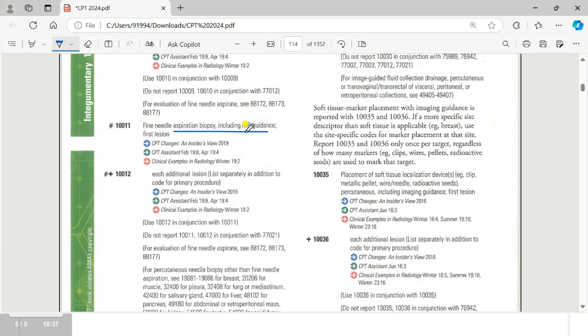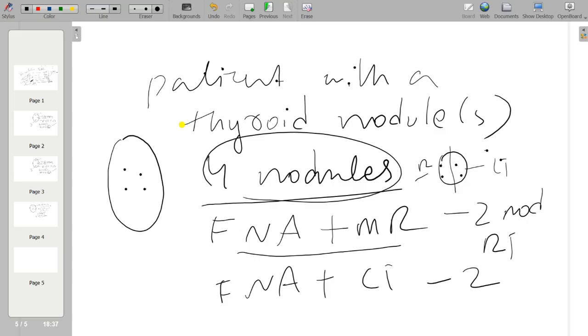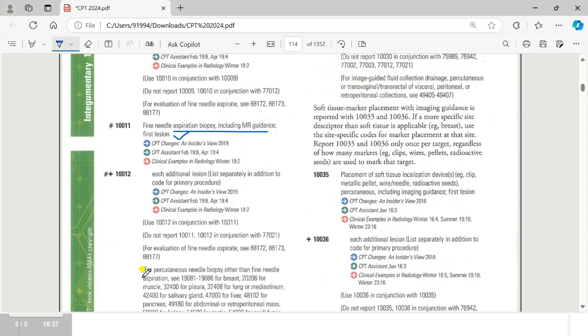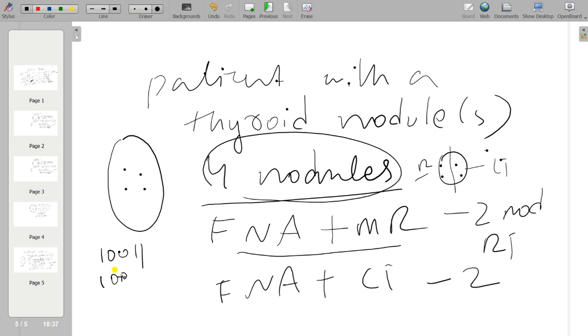MR is nothing but magnetic resonance. So they are doing FNA magnetic resonance on the right side. For the first lesion we are coding 10011. What about the add-on lesion? We have the add-on code, that is 10012. Okay, this is for the right side, it is done.